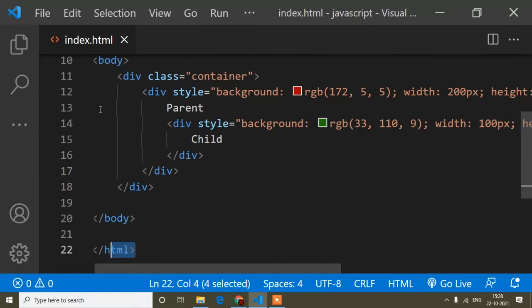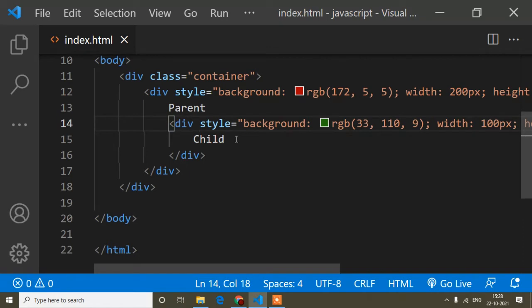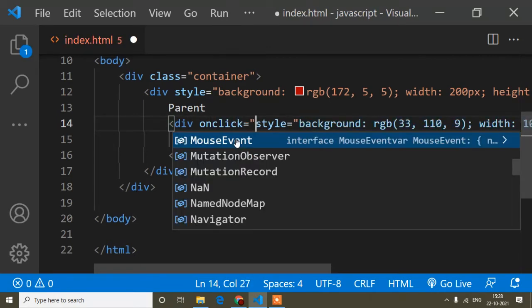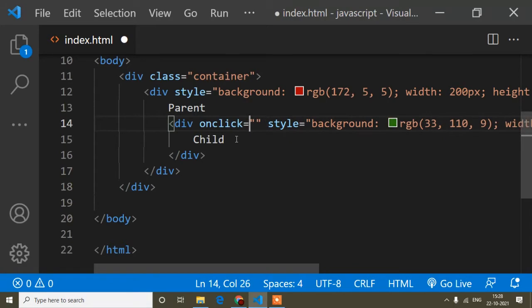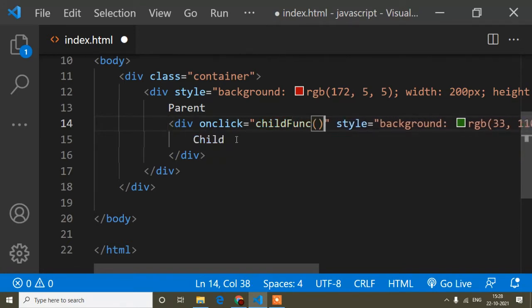First of all, in this child div, suppose I write a function. So, onclick equals this, and we know how to define a function, just the function name. Here I will write childFunction, but you can write anything.